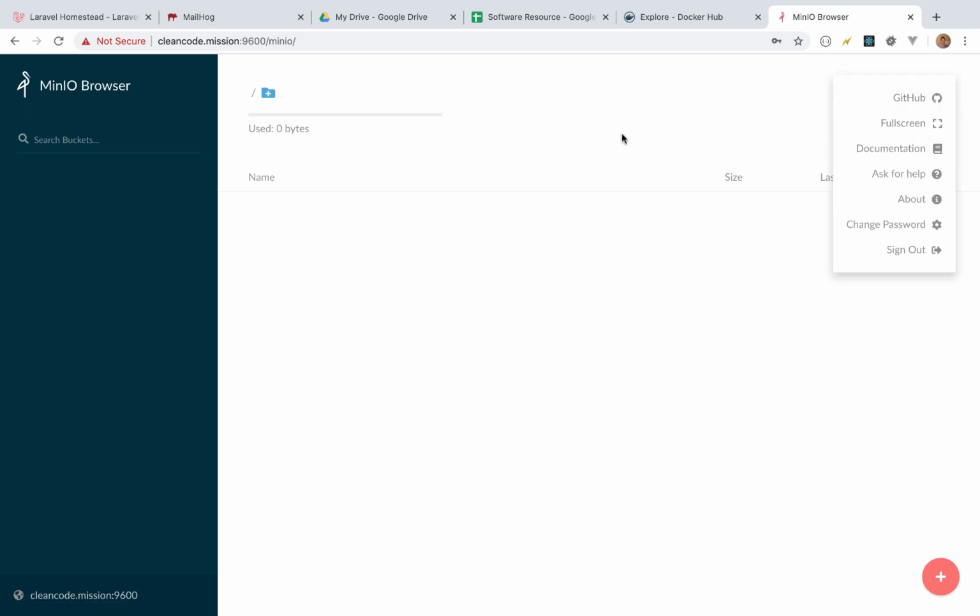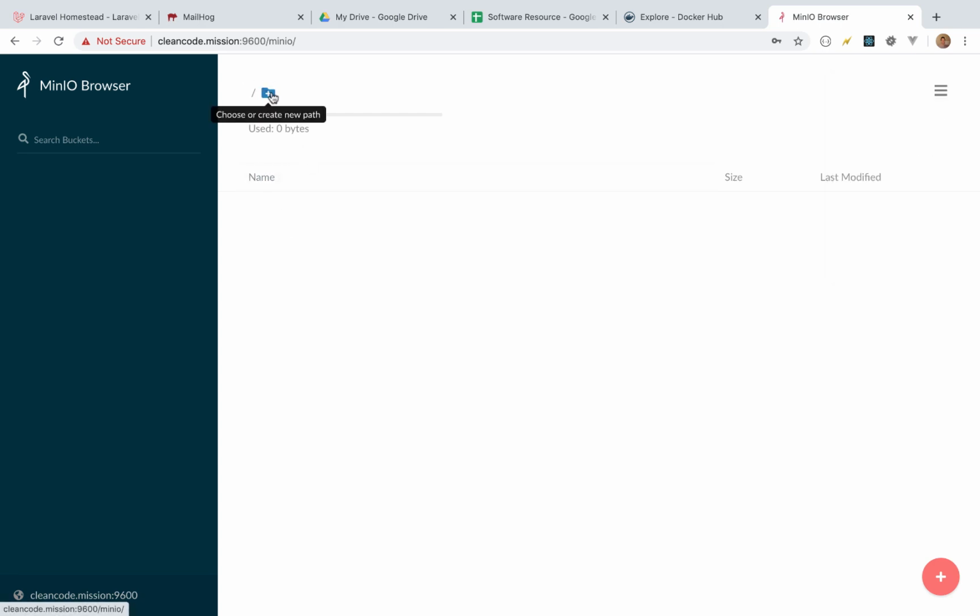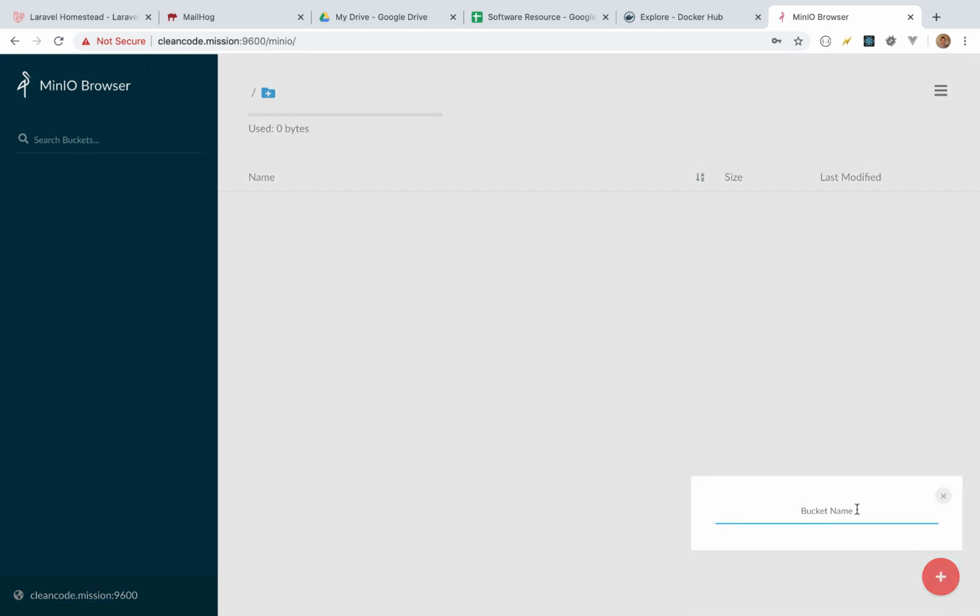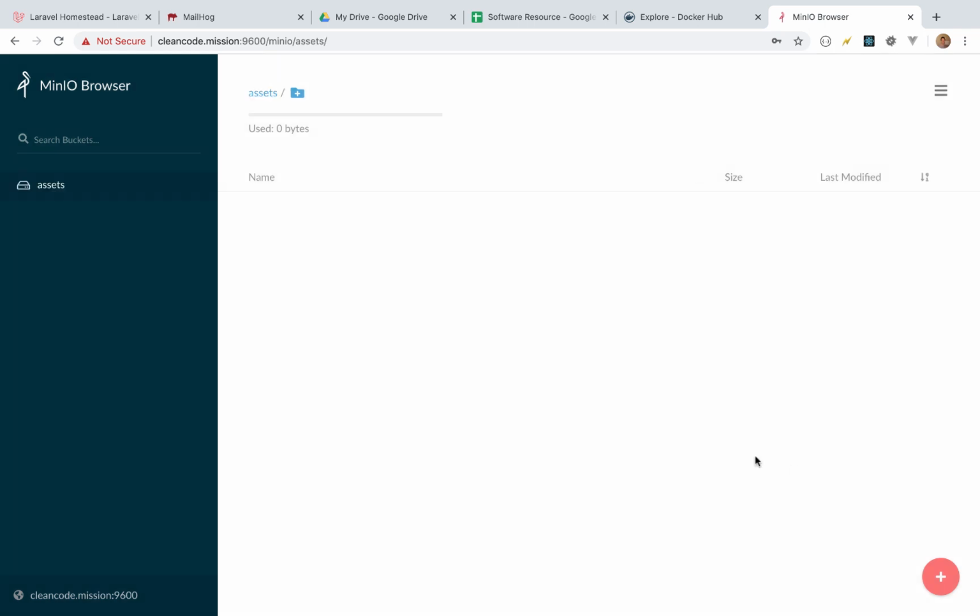like setup, and it follows the AWS API. So choose or create a new path, and it's AWS S3 buckets locally. I mean, it's amazing. Not that I've ever actually used it. I just found this also the other day. But we could say like assets, right? And then within